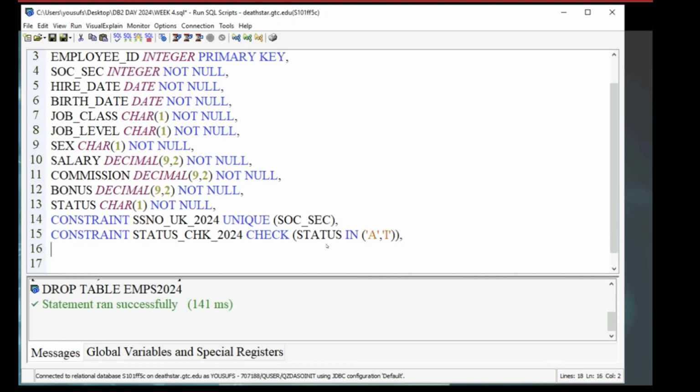To implement a check constraint on the Social Security field, which is already a unique constraint, I want to put a cap on it so that the only allowed values are between 0 and 9 nines. So I will apply constraint name, constraint type, and this is on the Social Security field, as long as the value is within the range of 0 and